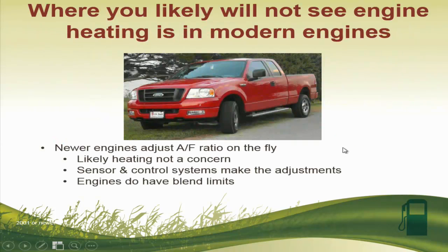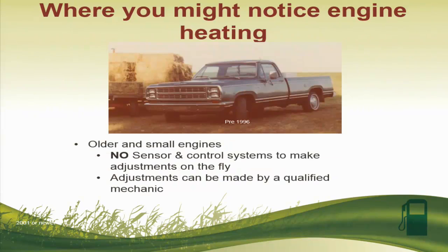Now, what happens in modern engines is that if you add ethanol to the mix, they have computer control systems and sensors that can sense this addition of ethanol to the mix, and it will adjust the air-fuel ratio accordingly to get the right mix to limit any heating problems and any power loss that may accompany that leaner mix. Now, it's when we go to the older engines that you start to see a problem,